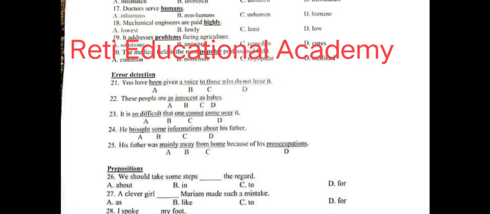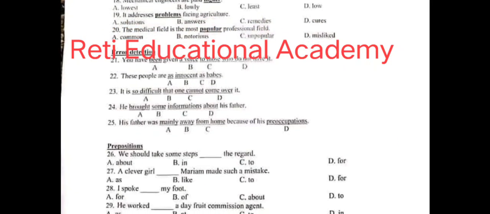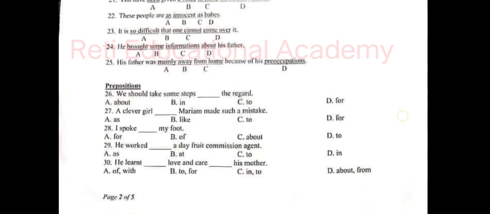Question number 23. It is so difficult that one cannot come over it. And the correct answer is D. Come over. Question number 24. He brought some informations about his father. And the correct error is in C. Informations. Question number 25. His father was mainly away from home because of his preoccupations. And the mistake is in